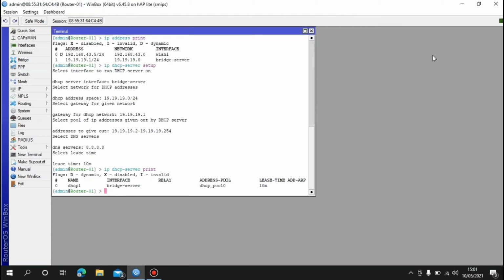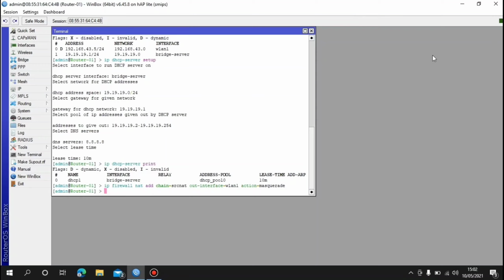And then configure firewall NAT with the command IP firewall NAT add chain srcnat and out interface is the interface connected to interface VLAN 1, and then action is masquerade and enter.